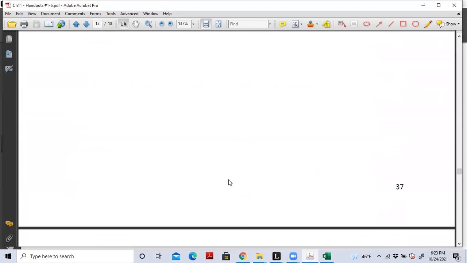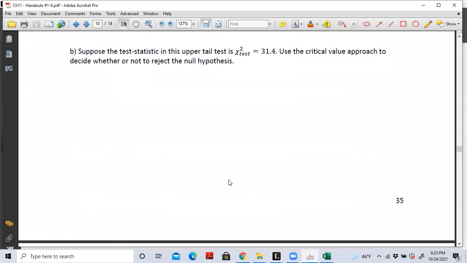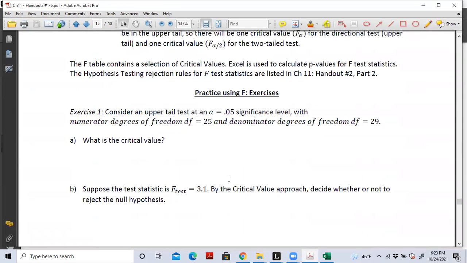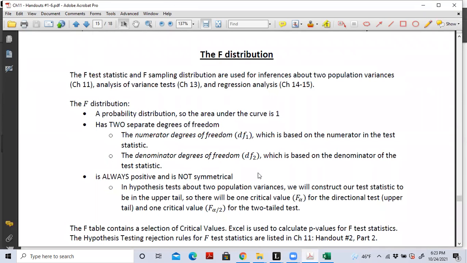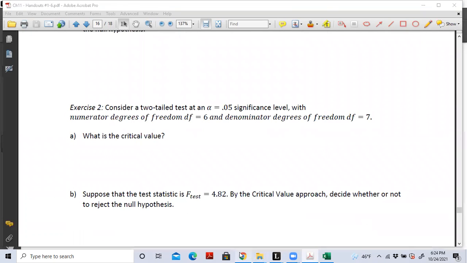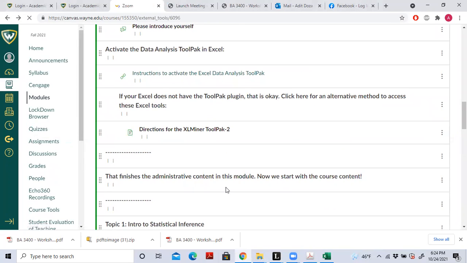And one more thing about the test statistic is that they have 2 degrees of freedom, DF1 and DF2. So if you want to calculate the F-test statistic, you have to use,